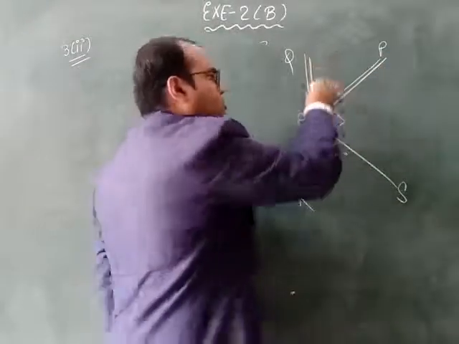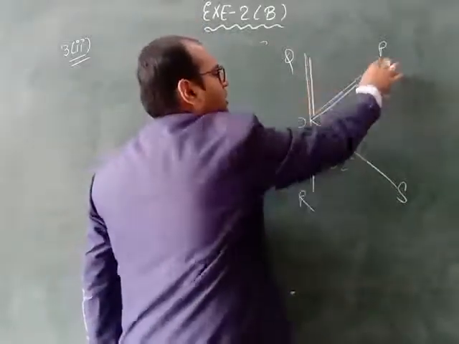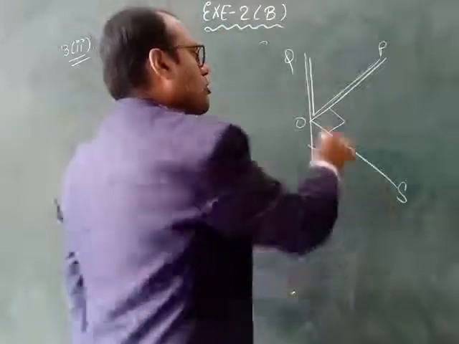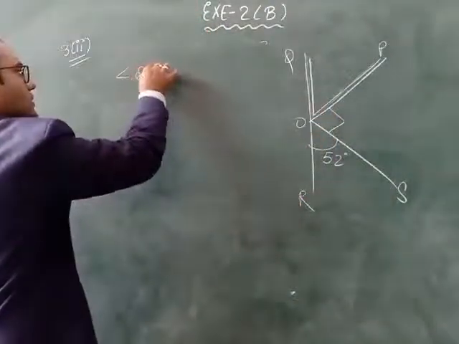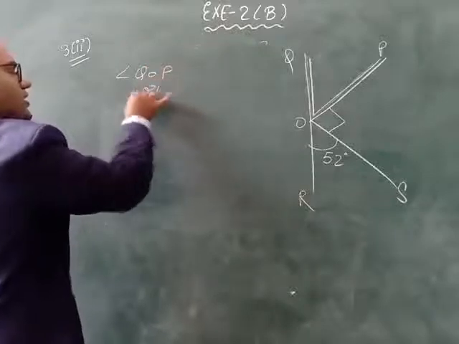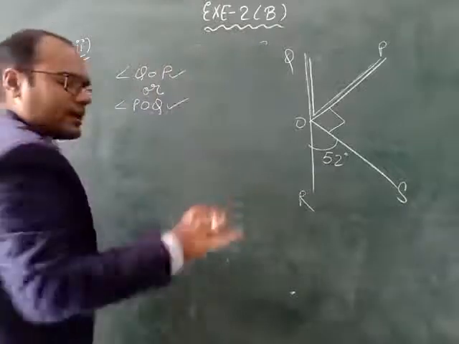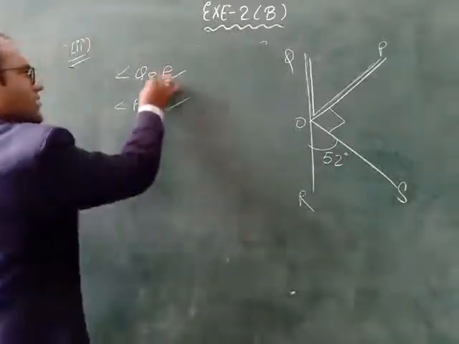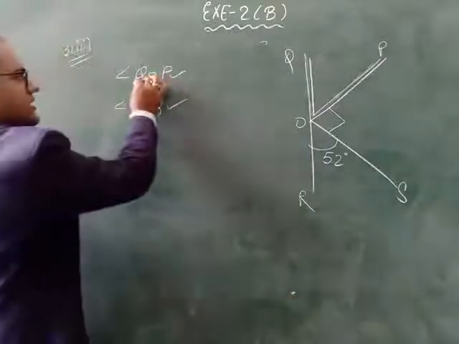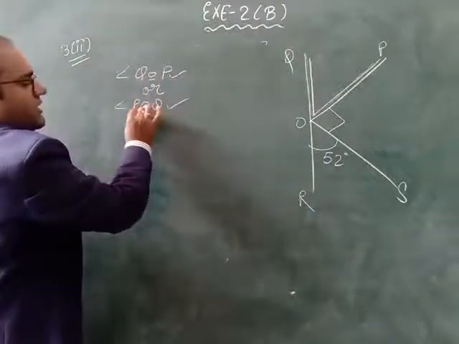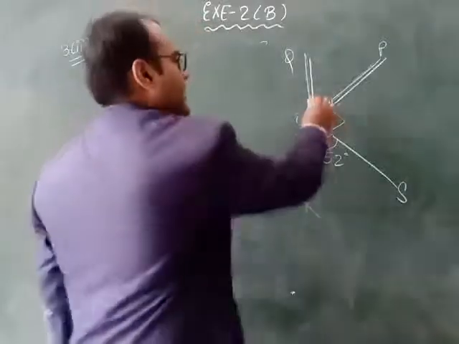POQ. You can call it POQ or you can call it QOP. Meaning will remain the same. O must be in the center. Either you call it angle QOP or you can call it POQ. Both are the same angles only. In the middle we have to take O. This is the main point. Whether we say it is QOP or POQ, the meaning remains the same. Now we have to find this angle.